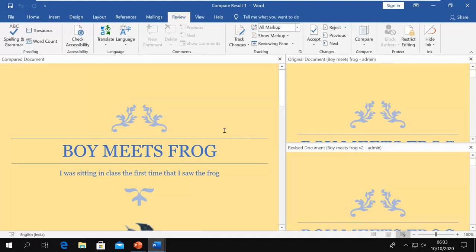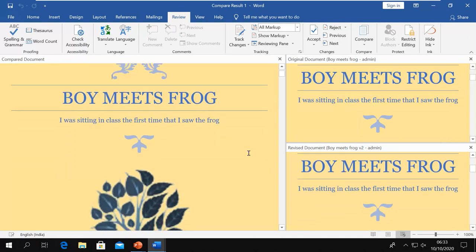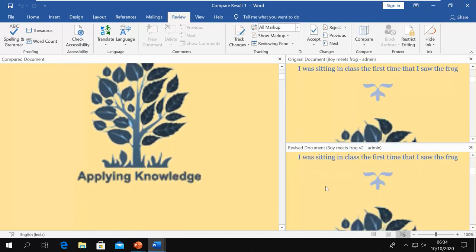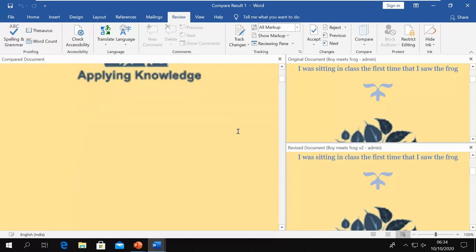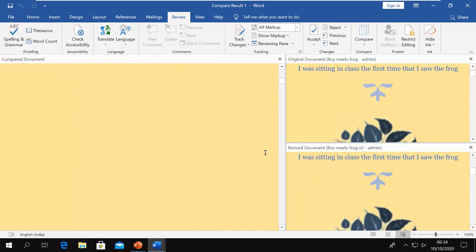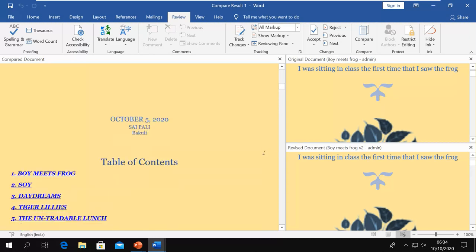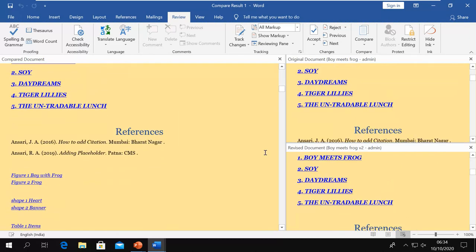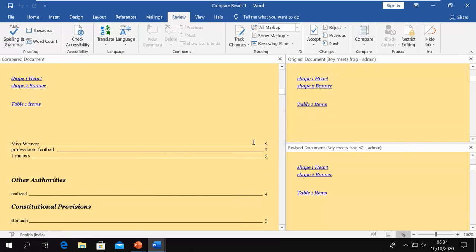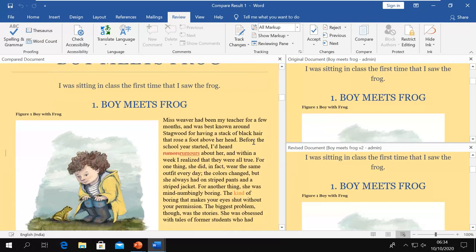Now it has opened like this. Here you have the original document, and this is the revised document. When you scroll, it will scroll both here and here. Now from here you can see those changes.